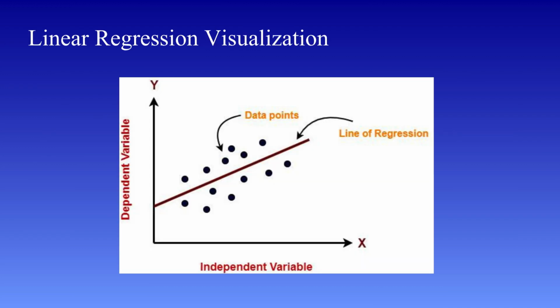Now let's move to linear regression visualization, which is where the concept becomes much clearer and more intuitive. When we talk about linear regression, one of the best ways to understand it is through a graph. Typically, we represent the independent variable on the x-axis and the dependent variable on the y-axis. Now imagine we plot all our data points on this graph. For example, if we are analyzing study hours versus marks, each point on the graph represents a student's study hours and their corresponding marks. These points are usually scattered and do not form a perfect straight line.